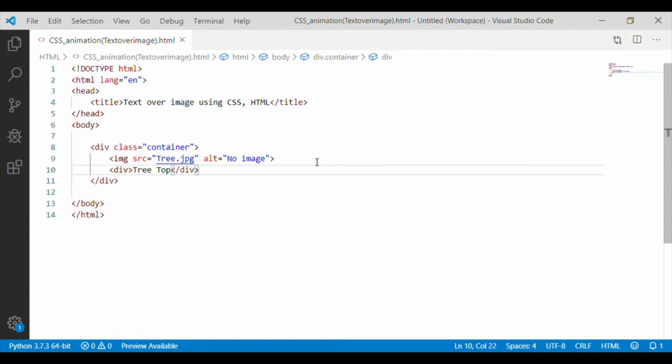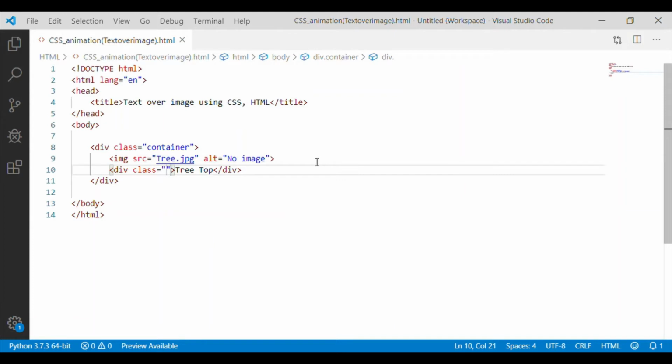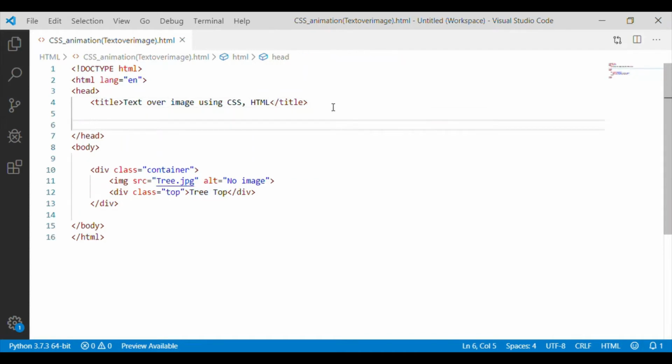First I want text to be displayed as tree top and call that div class as top. As the name mentioned, the tree top text or label is to be printed at the top of the image with the center location. To get this, I am going to write the CSS styling portion.